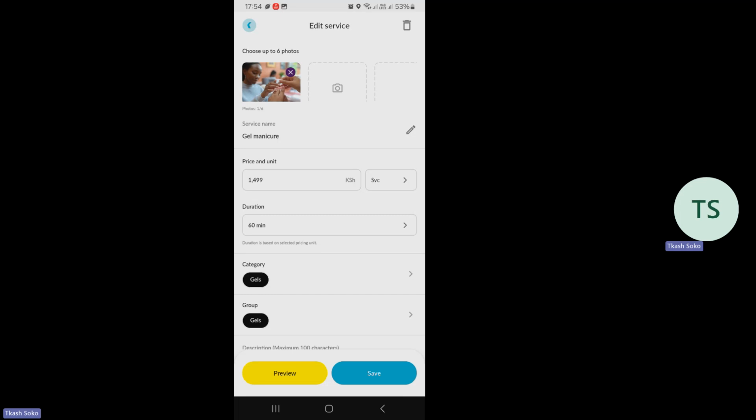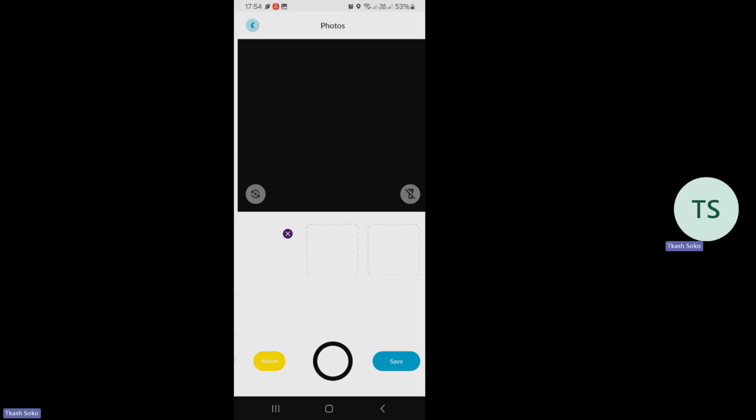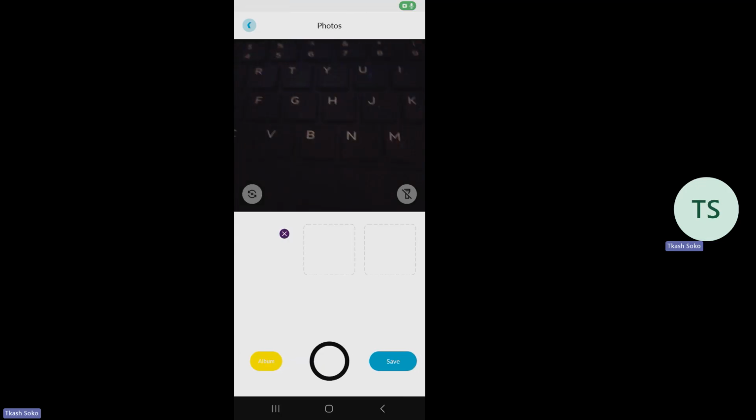The first thing is the photos. There is only one photo. You may want maybe to add another photo. So ukitaka kuadd another photo, what do? Utaguza the camera option that is there. Ukiguza the camera option, you can take the picture by yourself, or you can decide to go to album.